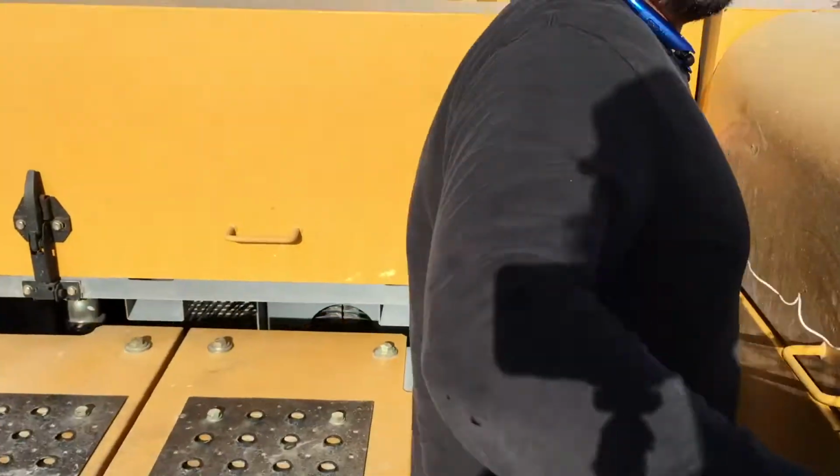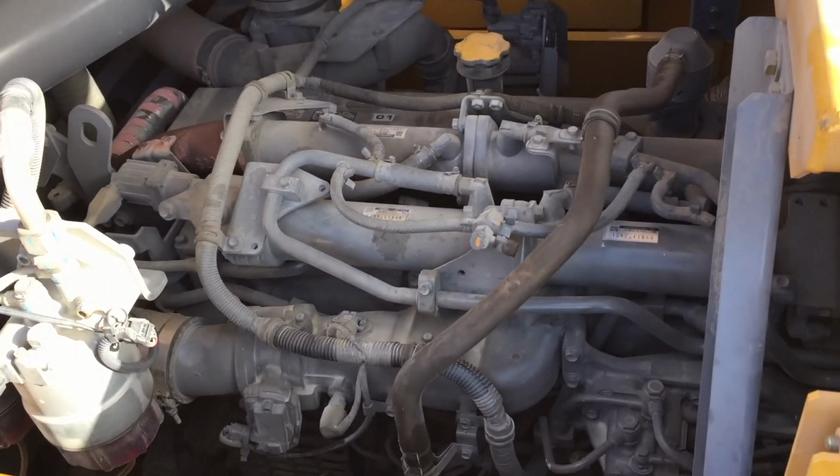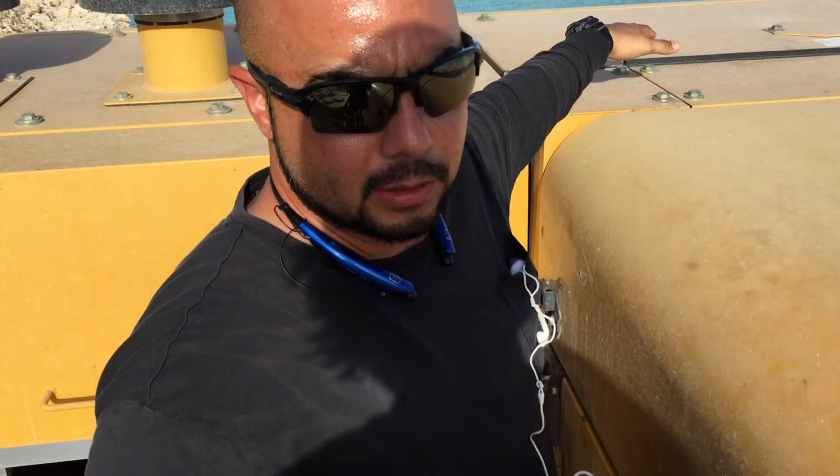Pretty hot back here. The road to my own authenticity. Give me authenticity. Hydraulic pumps are on this side, and then that's what, you know, gives life to everything you